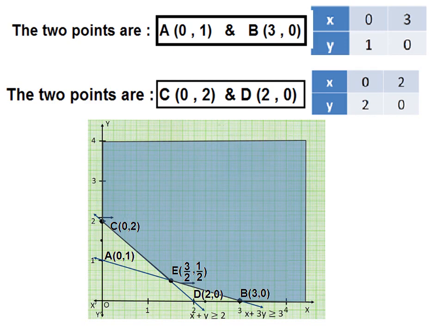So let us have a look at the graph now. You can see the points a and b. By joining them we get a line. This time they have asked us the inequality x plus 3y is greater than or equal to 3. Means the points on the right upper side here are the ones we are talking about. So similarly for c and d also the line is x plus y greater than or equal to 2. So all those points with coordinates x, y, which when substituted in the inequality should give us a greater than or equal value of 2. So that means again that also lies on the upper right side.